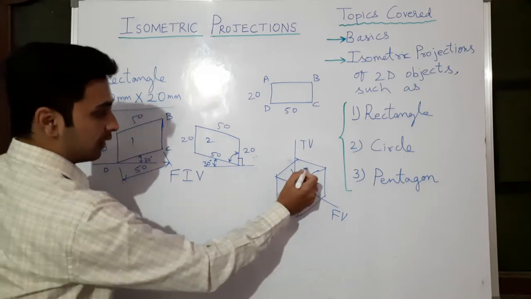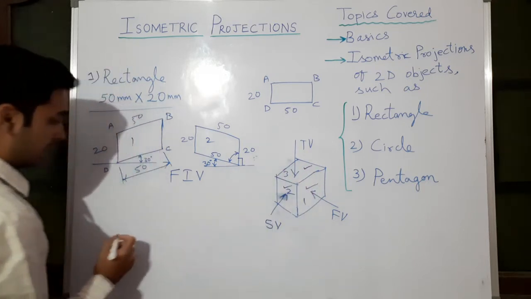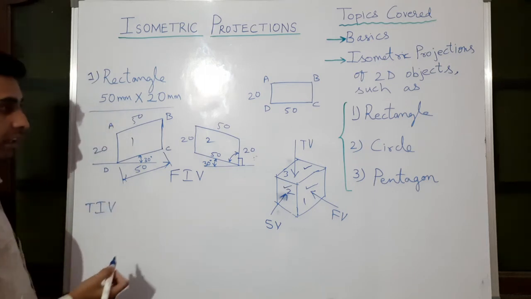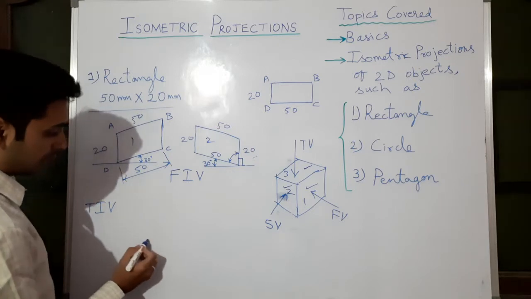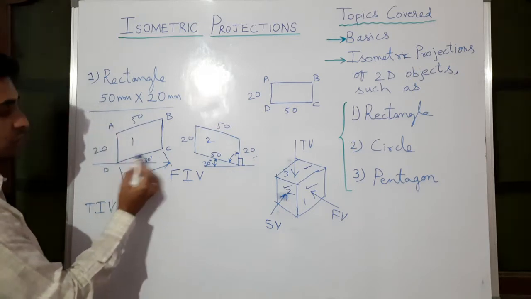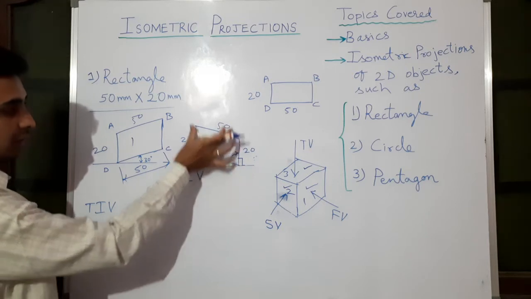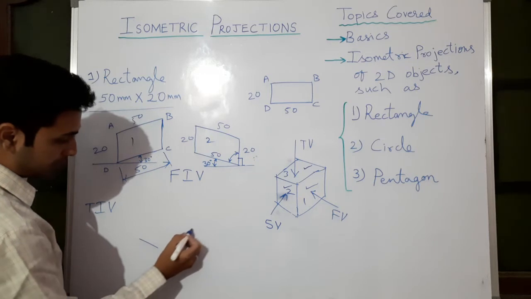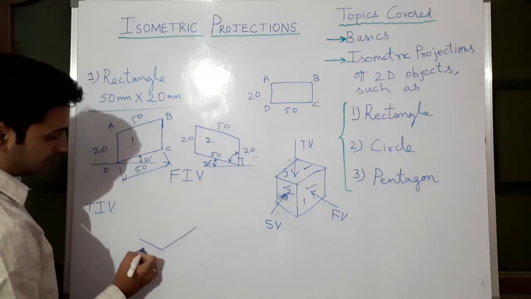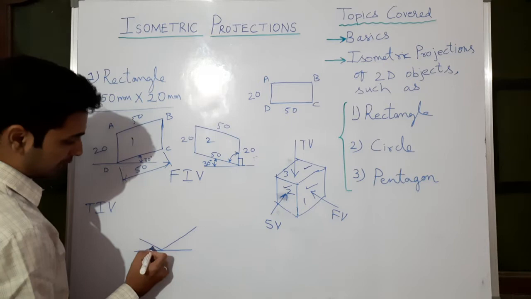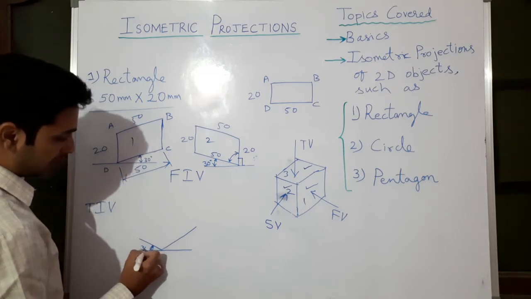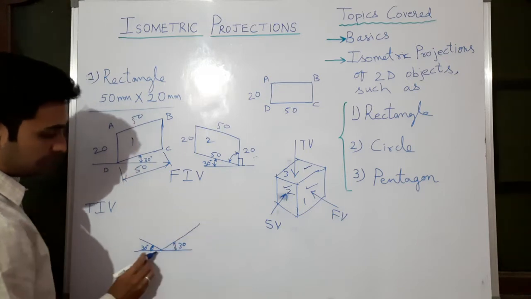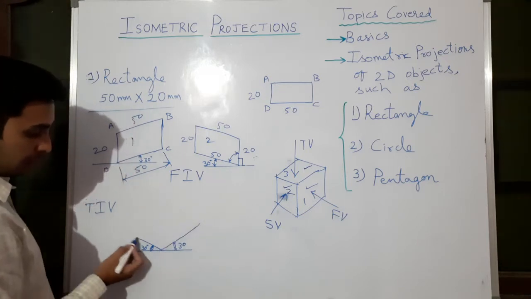Now we will try to learn this top view, number 3 you can take it as. So now the top isometric view of a rectangular plate we will see. In front view, only horizontal lines are at 30, vertical lines remain perpendicular to the horizontal line. Now in top isometric view, what will happen? Both the lines, that is both the dimensions, will be at 30 degrees. This is 30 degree, this is also 30 degree. So this is how much? A 50 mm long line at 30 degree, here a 20 mm long line at 30 degree.